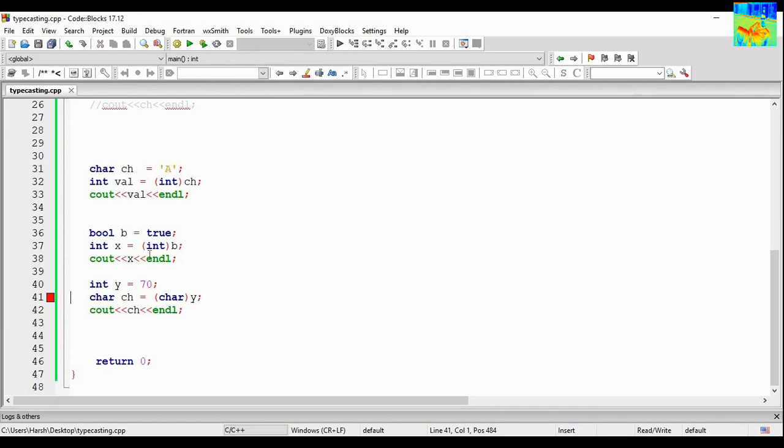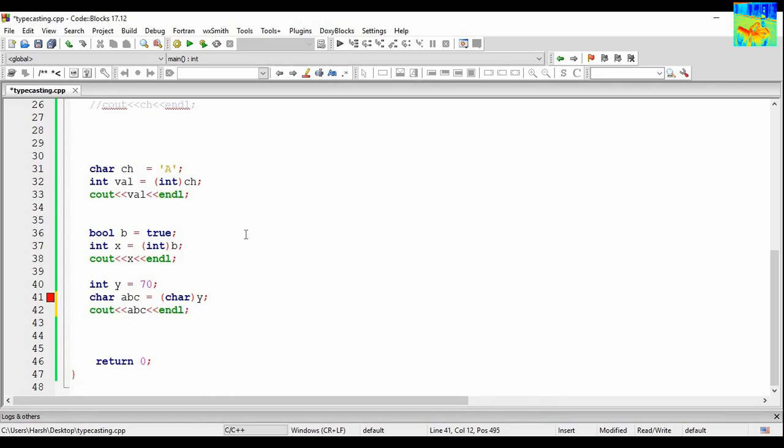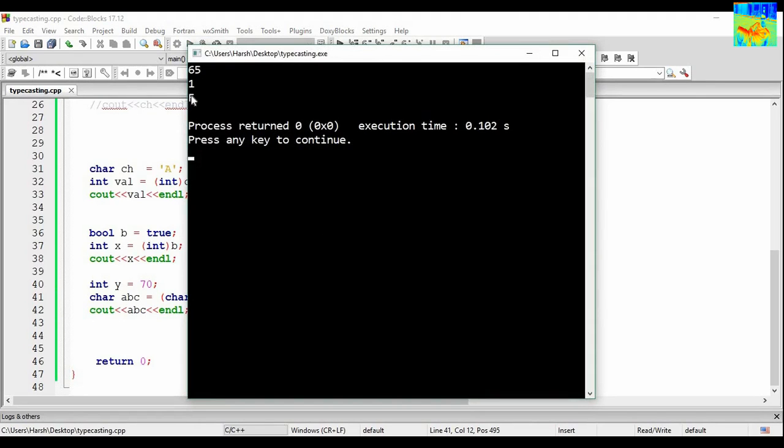There is an error in this line. The error is we have already declared the variable ch. So let's change the name to ABC. You can't have two variables with the same name. So the character mapped with 70 is capital F.